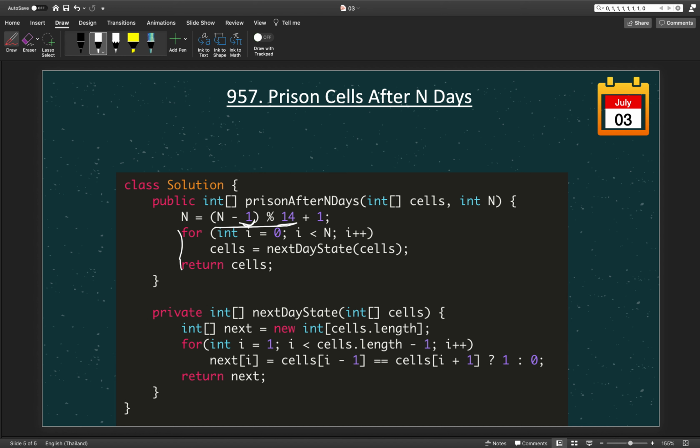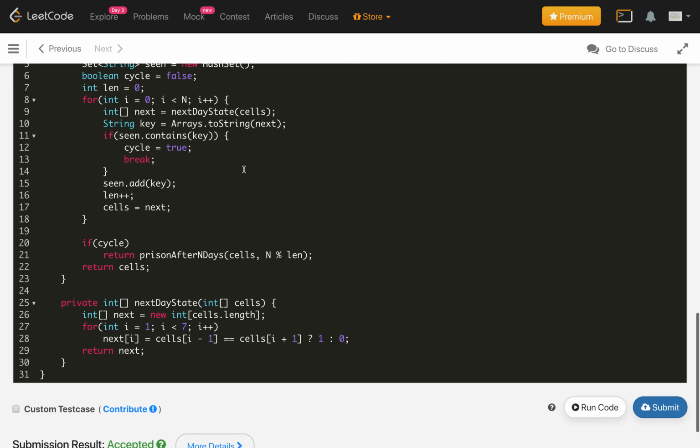Once we write this, we use the same method, reducing n by finding the loop cycle. That covers all the loops, like the first day, 7th day and 14th day. So this is the other solution, but I don't recommend it. The important solution is the one we wrote live.